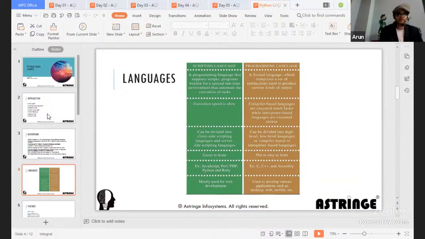Some of the languages are compiled based. Most of the languages, in fact, are compiled based languages, probably like C, C++, .NET, Java. They're all compiled based languages. But there are some interpreted languages as well. It could be PHP, could be Perl, and many other programming languages could be just interpreted languages. There is no compilation required for that.